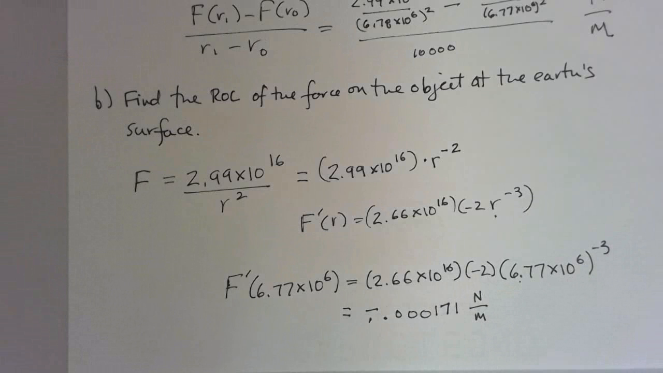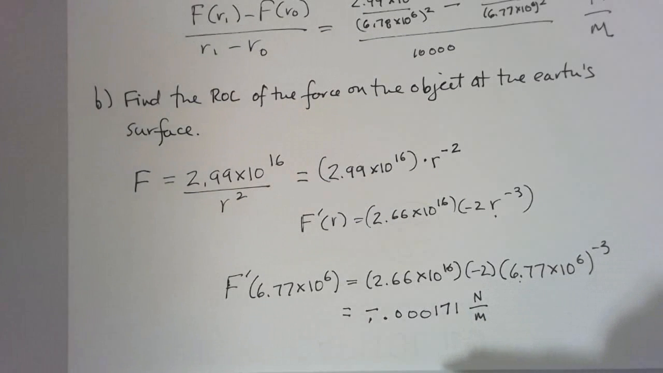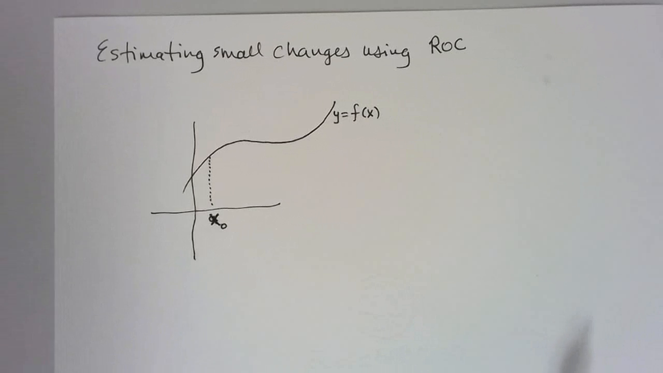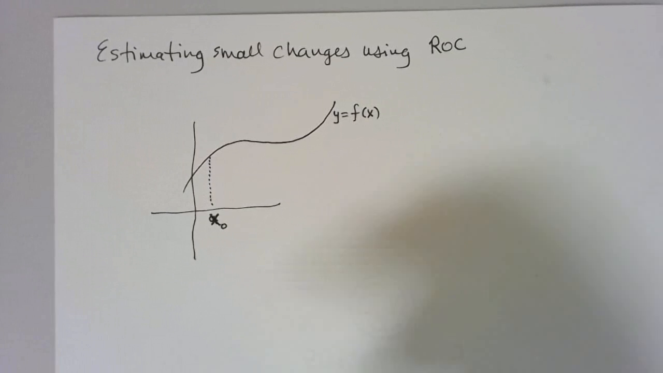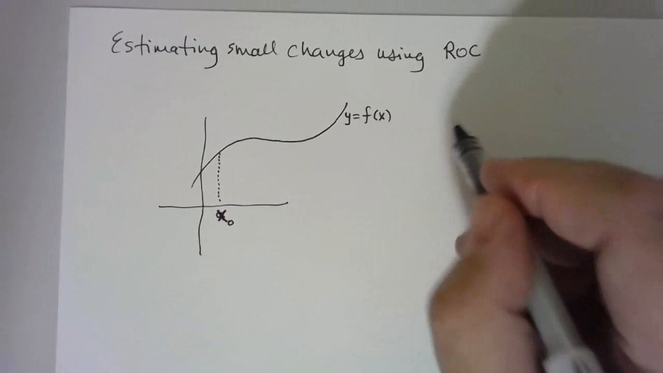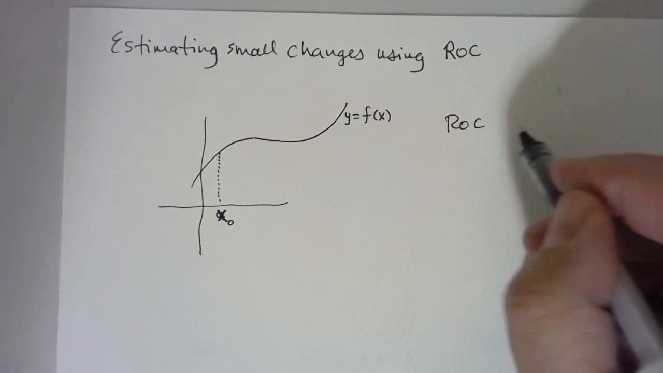So we don't see a large change in the force on an object as long as its distance from the Earth is not changing very much. So that's my example. One application of these rates of change is to use them to estimate small changes. And the idea here is straightforward. If I have the rate of change, or the derivative,